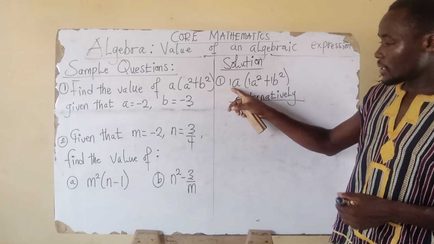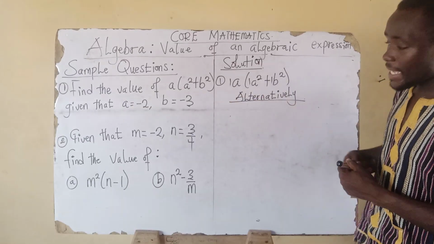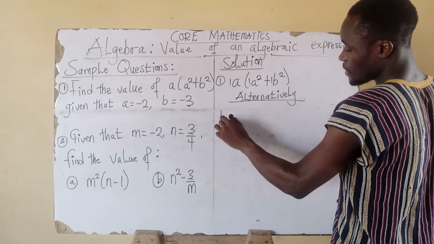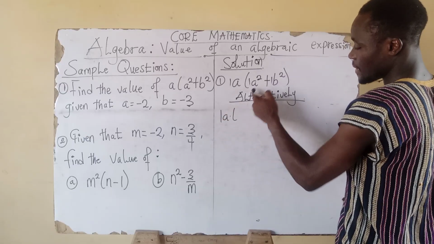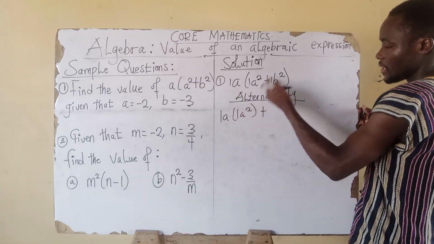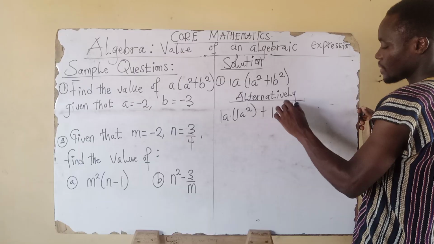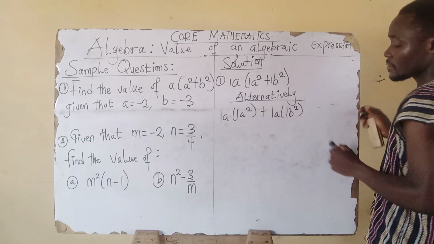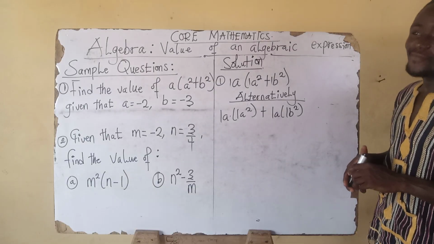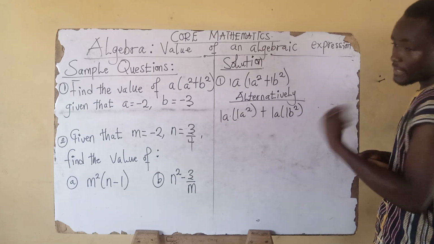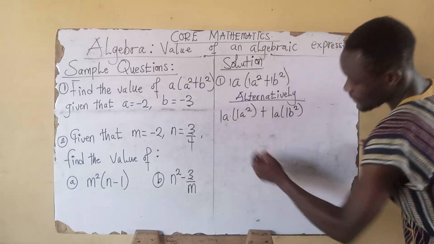So here I will use the a to multiply what I have over there. So through expansion, I can have 1a taking charge of this 1a squared plus the same taking charge of that. That is 1a multiplying 1b squared. Are you with me? Very good. So let's continue with line. Then after I can decide to use this one to expand that. Okay, so I can have